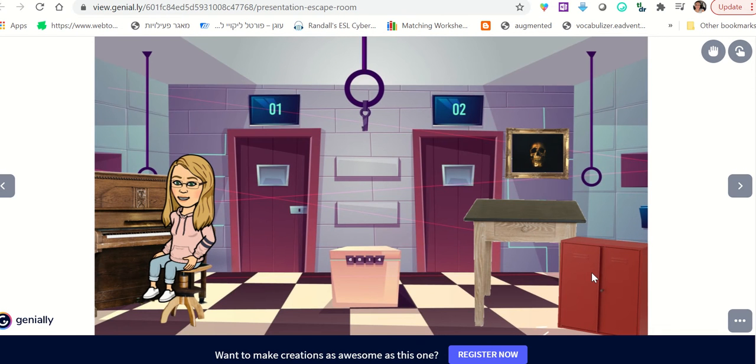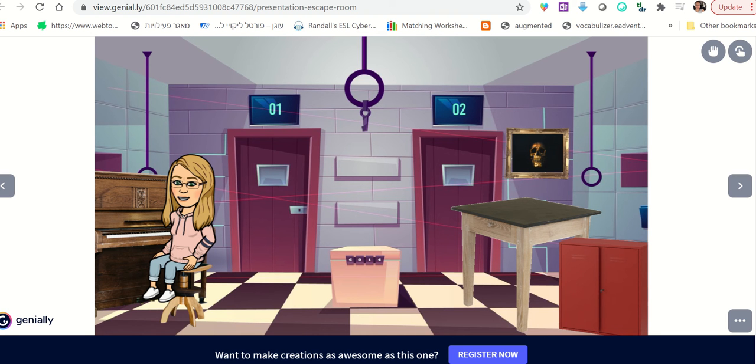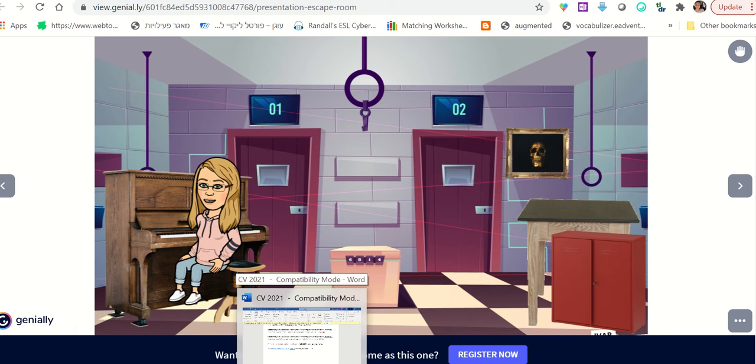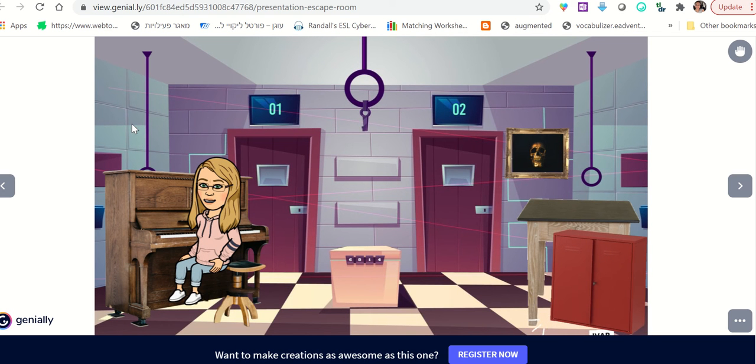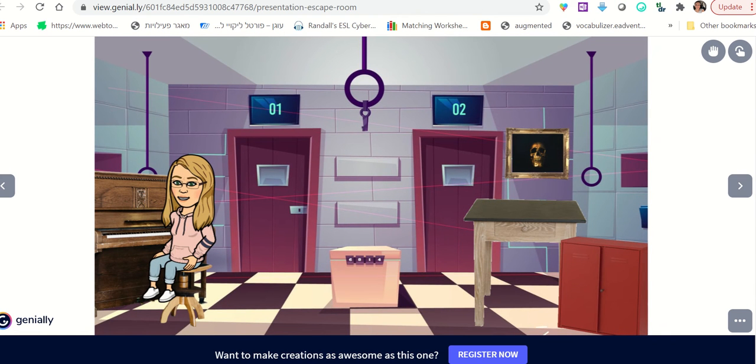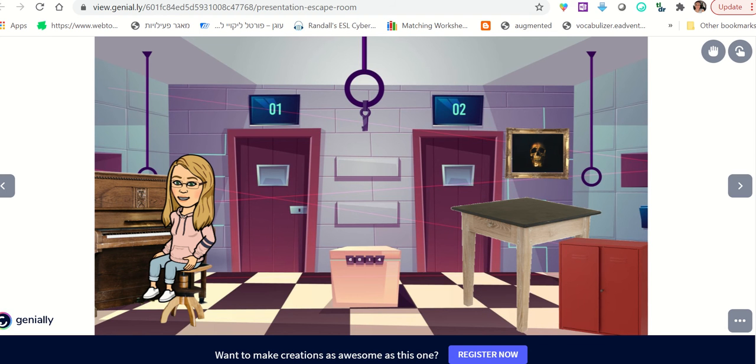Great job, you've managed to find the key. Now, which of these doors is the right door? Is it number 1 or number 2? Be careful. So now let's say they click number 1. Then it's good. They're being directed to the next room, this window. Great job, you've managed. Now we can continue creating doors, objects, different items in the room, and we can even embed external